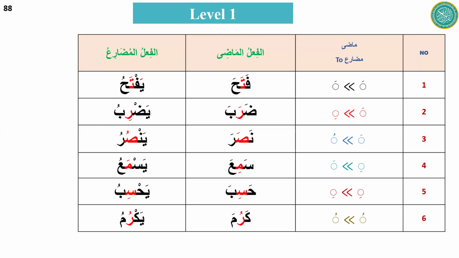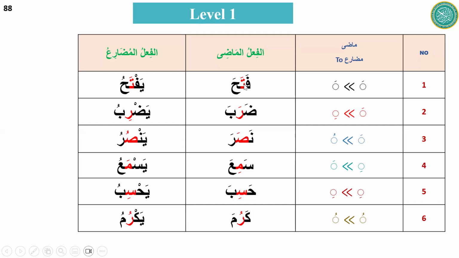Fi'il thulathi mujarrad. Three letters only. Everybody please focus here. If you first look at here, we have three letters: Fa, ta, ha. Just look at the second letter. Here we have ta. And what is the haraka on that? That is called fatha, or also we say zabar in another way. Similarly, the same ta comes here, and you can see the haraka is also fatha.